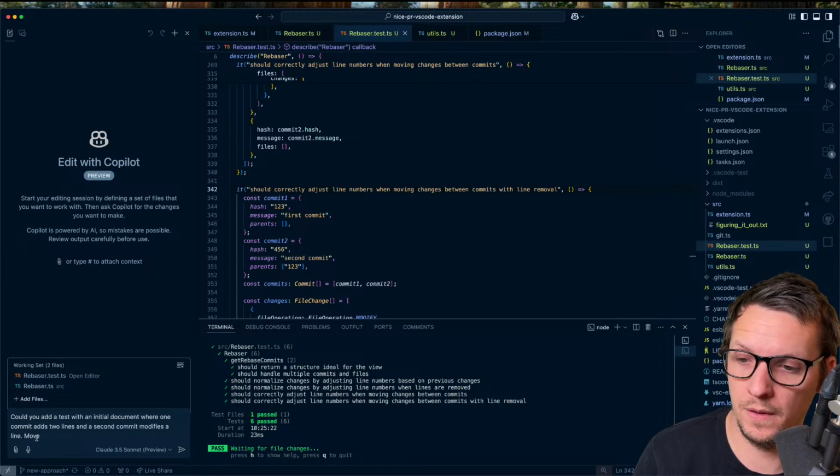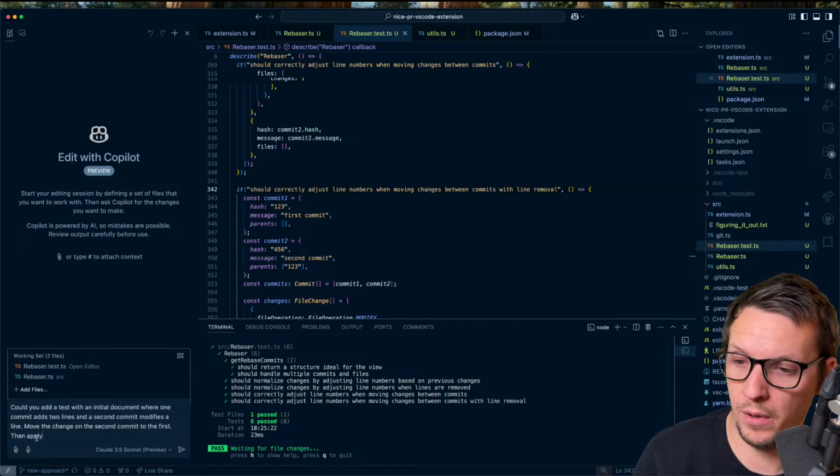Move the change on the second commit to the first, then apply